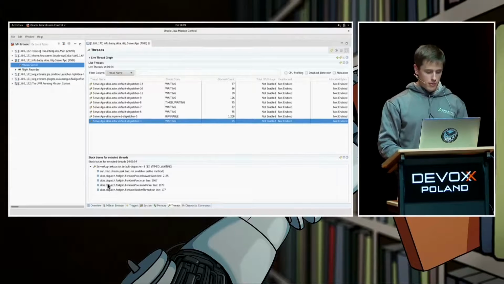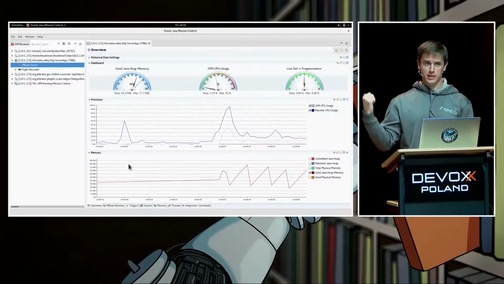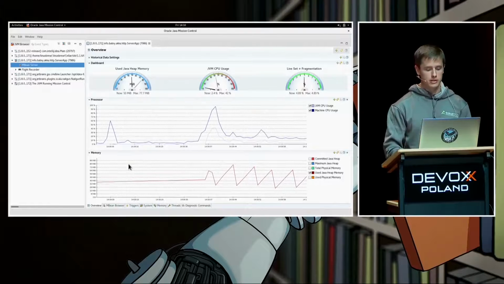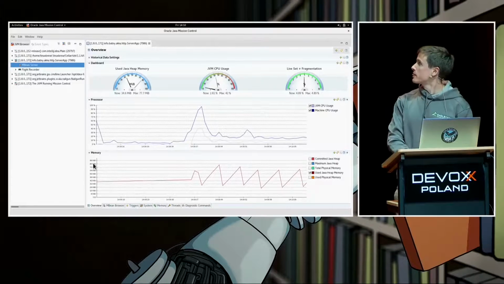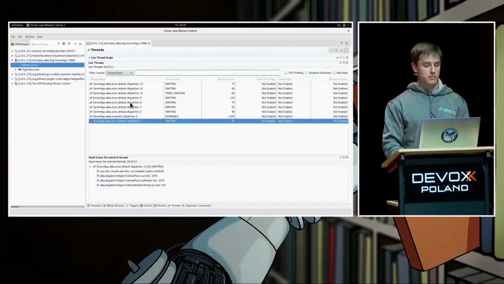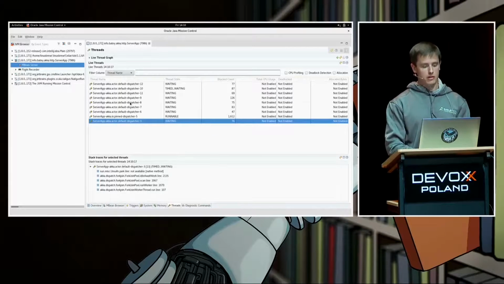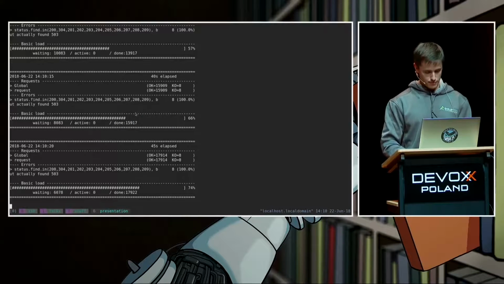But if we go back and we look at the amount of memory the application's using, bearing in mind the only thing this request is doing is an asynchronous request to a database. We don't really need any computation resources here. Then we're hovering well below 80 megabytes of RAM. And if we look at the number of threads, Akka's created up to 8 threads because that's the max. But we're still being able to service a lot of concurrent requests. And hopefully I've talked for long enough that that'll be finished and we can prove that.